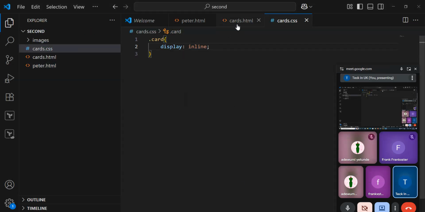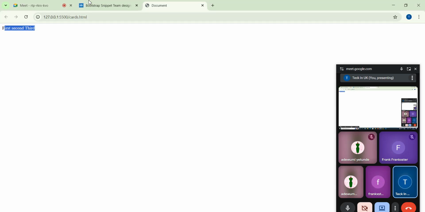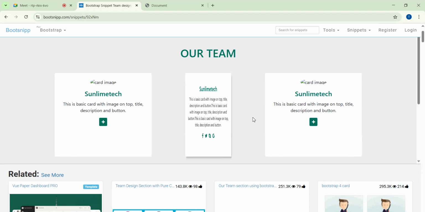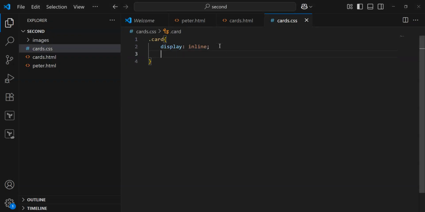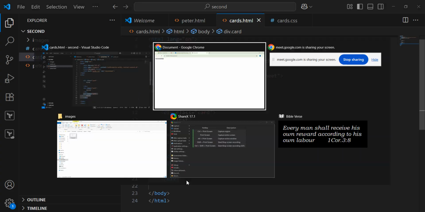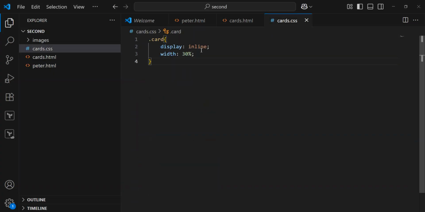Next is this. Let's come back to this and use it to understand what we want to do. You can see these three occupy almost the entire screen. So we want these three also to occupy almost the entire screen. So what we can do is say width to be 30%. The width of this first one will be 30%, the width of this second will be 30%, and the width of this third one will also be 30%. You know, 30 times three, that's 90%. You've almost covered the entire screen. So when you get to the browser now, I'm coming, display,